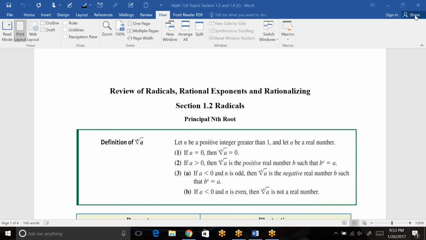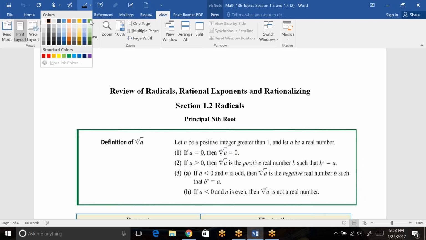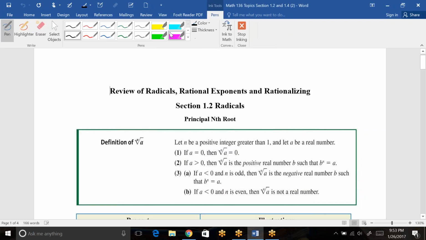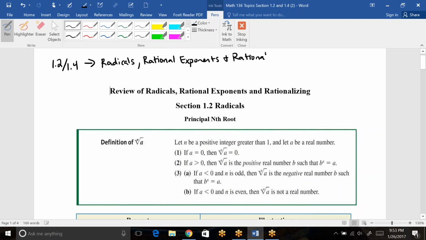Okay, this is section 1.2/1.4 notes to try to get us caught back up for where we're supposed to be on our schedule. So 1.2/1.4. This is pretty much concerned with radicals, rational exponents, which are fractional exponents, and rationalizing denominators. So we're going to go through and work through these notes